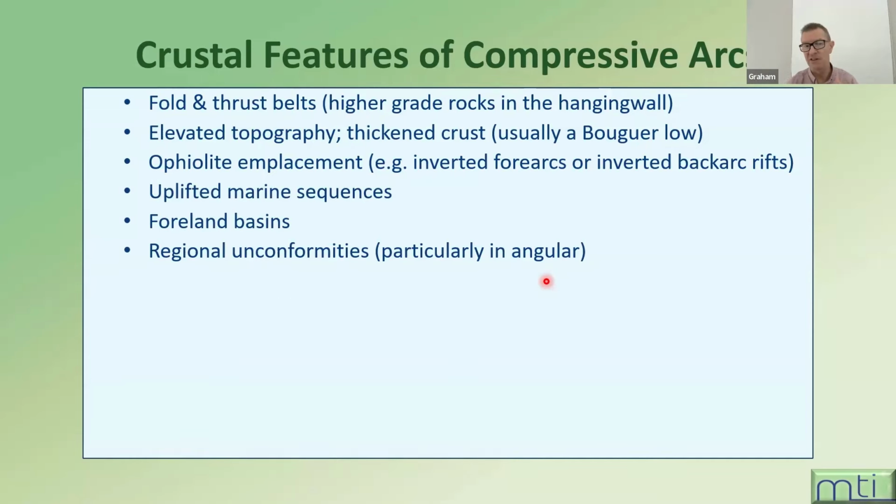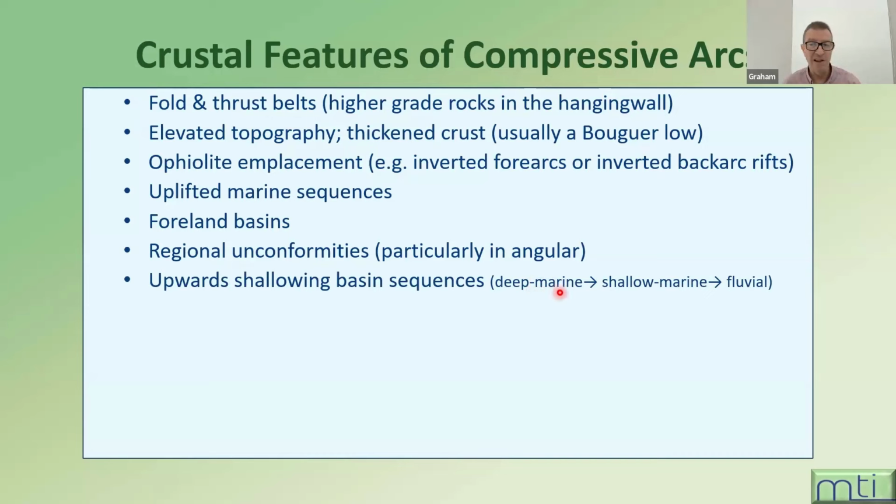Also, the sedimentary sequences will show a shallowing. As you squeeze sedimentary basins with shortening, they're going to shallow. So you might start off as deep marine facies, then shallow marine, and eventually fluvial conditions. The volcanism, if there is any, will be intermediate to felsic arc magmatism rather than any sort of mafic to